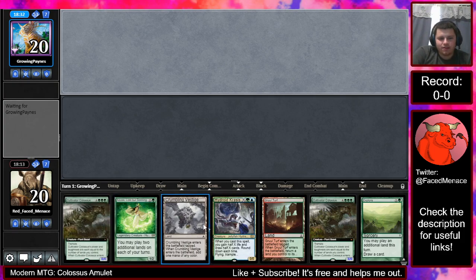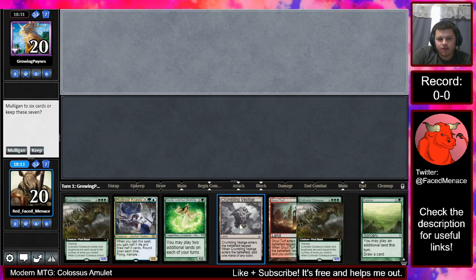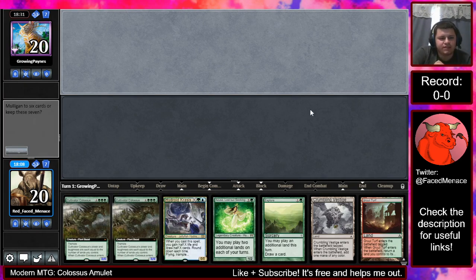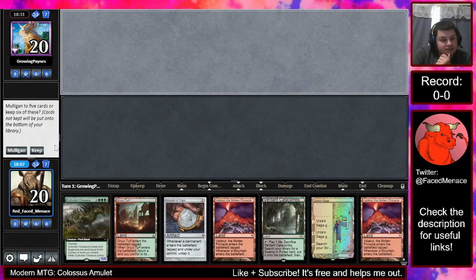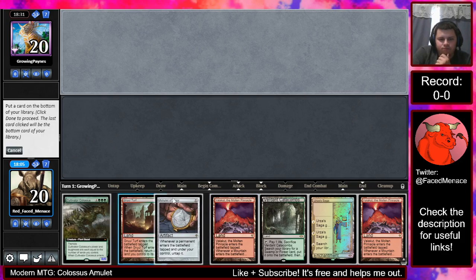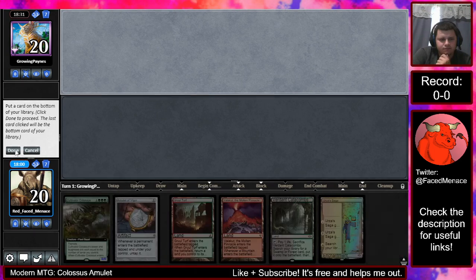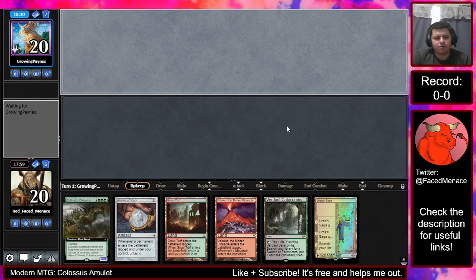Oh, we got a ton of threats. No Amulet, no Saga. We get to play a turn... No, we don't even get to turn 2 Explore. Yeah, this is definitely a mulligan. This hand's definitely a keep. Probably bottoming redundant Valakut, I think. Extra green source might matter for casting Colossus on time, so...